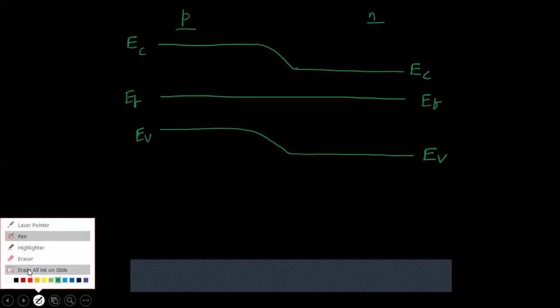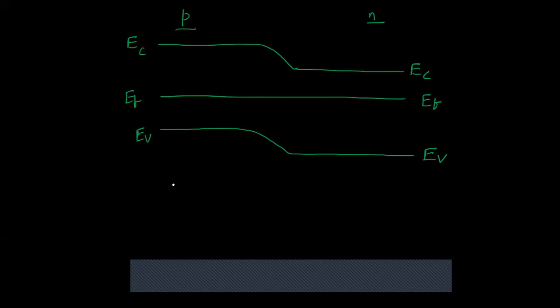Once this is done, what we are going to do is find out this potential barrier. The potential barrier here, in terms of energy I need to write, because I can see there is an energy gap between the conduction band of the P region and the conduction band of the N region. In terms of potential I will write VBI, but in terms of energy I need to multiply by the electronic charge. As we know, W is equal to QV, where V is the potential, Q is the charge, and W is the work done or the energy. So we can write it in this form. That is one.